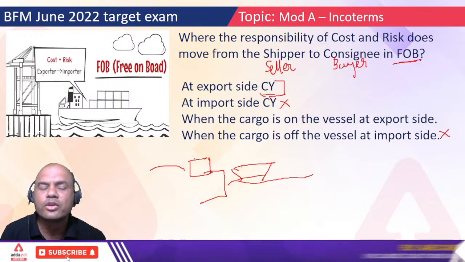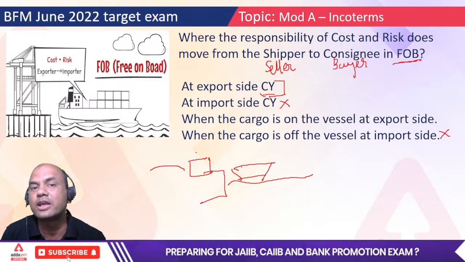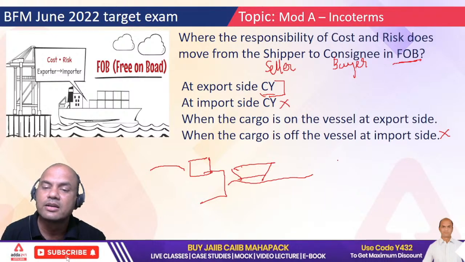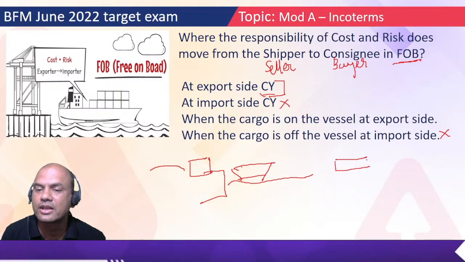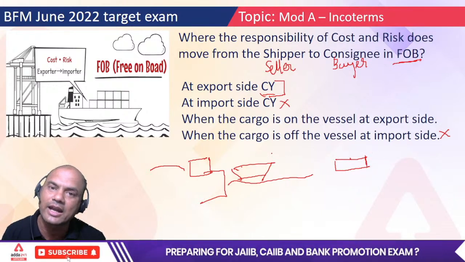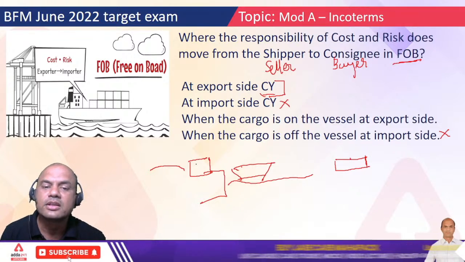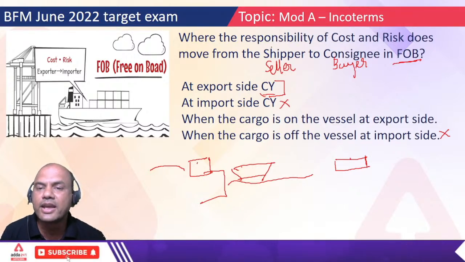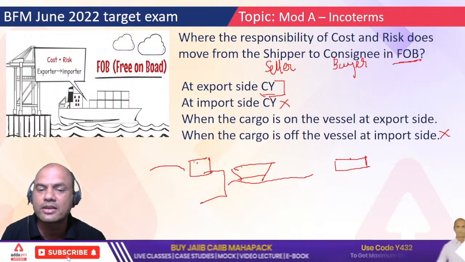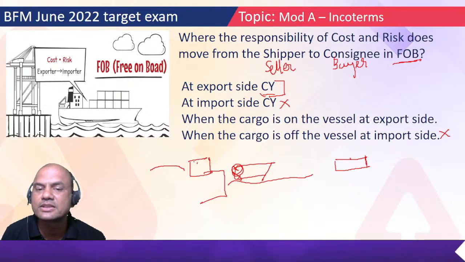Godown means container. You might be seeing those old Hindi films where the last fight between the hero and the villain, there are all the cargoes kept there. Containers are kept, and he jumps from one container to another. That is basically CY, container yard. So in FOB, is anything related to container yard? No, FOB is related to the ship. So it is A or C. So the answer is definitely C.